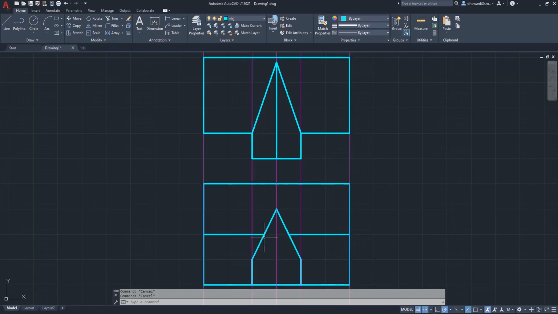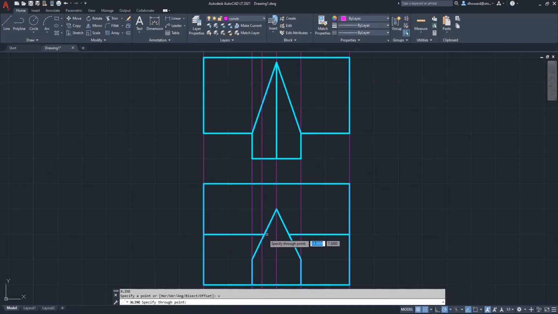They meet right here. There it is. So I actually need to put another construction line up here, and I'll do that. I'll go to my construction lines, and it's right there that they meet, right at this point, and I can't even snap on it because I've